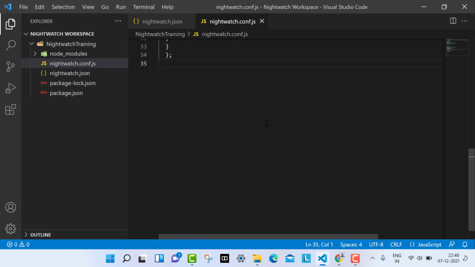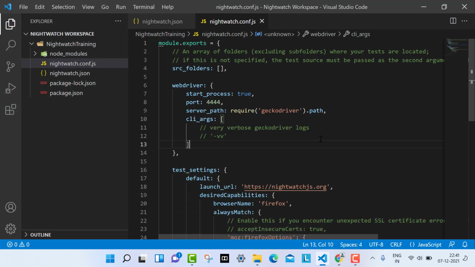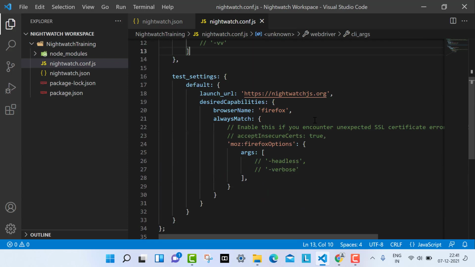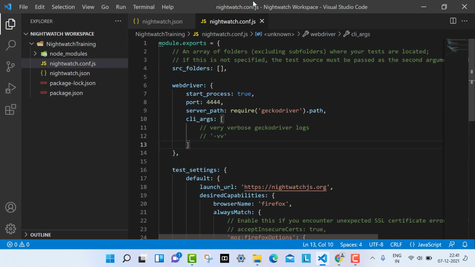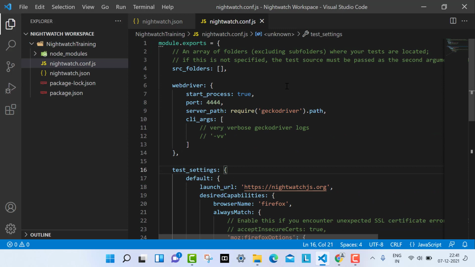When I paste it here, you can see that the code does not look neat. It is not pasted in a very pretty way. If you want to arrange this, there is a shortcut in Visual Studio Code. Just press Alt Shift and F on the keyboard. You can see that everything is auto arranged in a very good format, so it is easy to see the alignment. Now come to the main part.